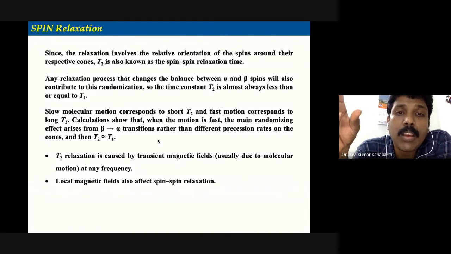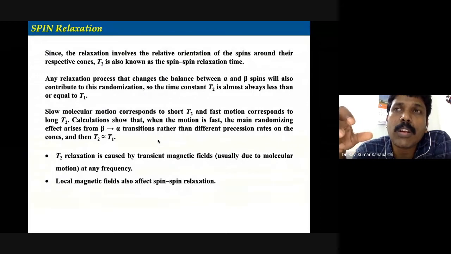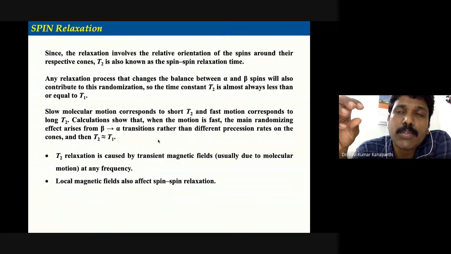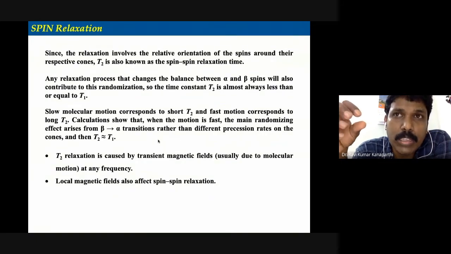Because if the molecular motion, in the sense the tumbling motion, is too slow, then the spins get enough time and they try to randomize quickly. On the other hand, if the tumbling motion is very fast, then the spins actually experience different